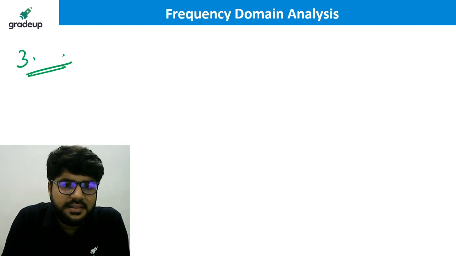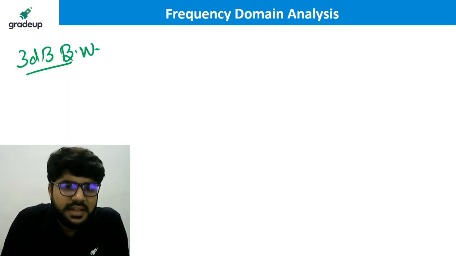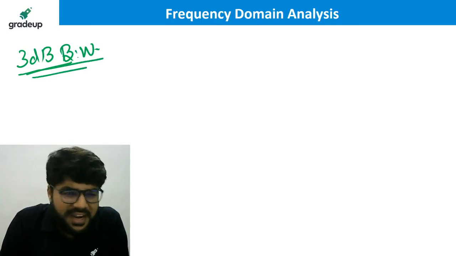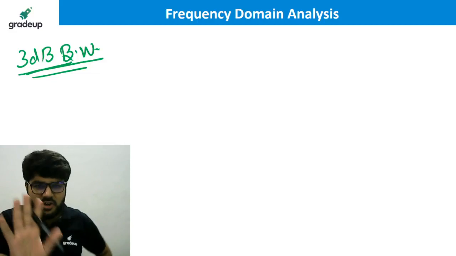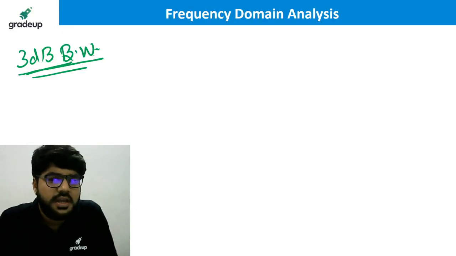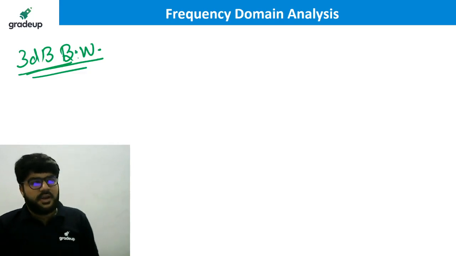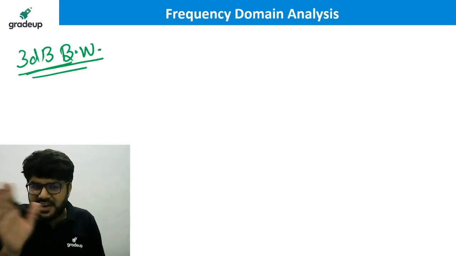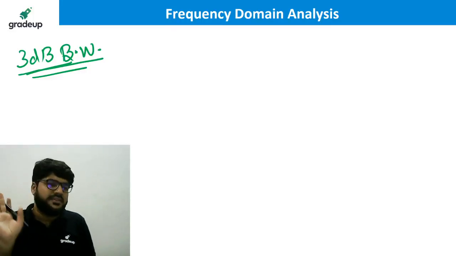Which bandwidth I am telling? The 3 dB bandwidth. To be very honest, with respect to GATE, bandwidth calculations for second order will not be that common. It may be for first order. I will talk about first order also. But it's not going to be very important in GATE, because the formula is complicated, and that is why, rather than writing the formula, remember the approach of bandwidth, otherwise with the formula you will always get confused.